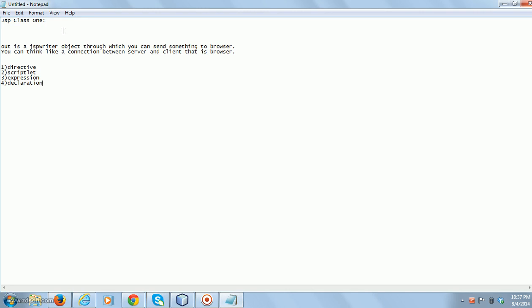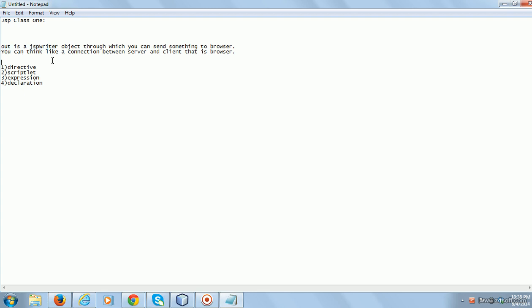You will get a PrintWriter object, and then using the write method you will send something to the browser, right? In the same way, out is a JspWriter object. JspWriter is not PrintWriter. This is a separate class. So out is an object of JspWriter.